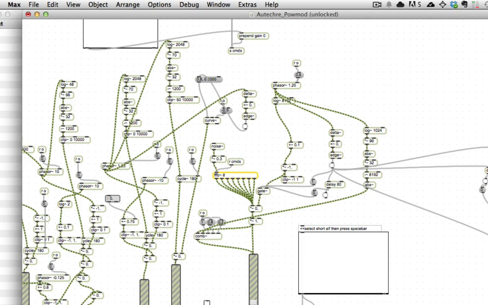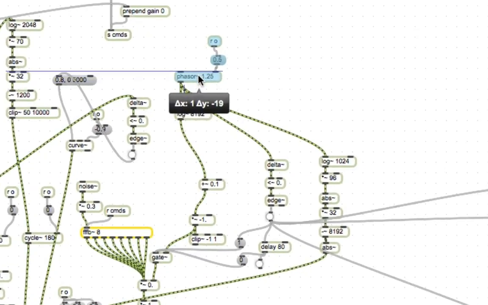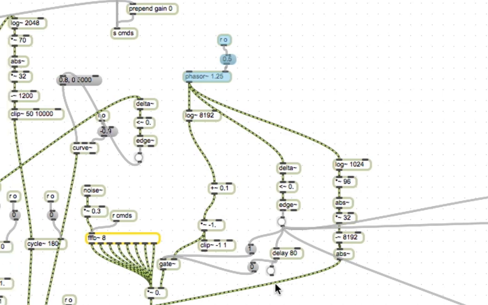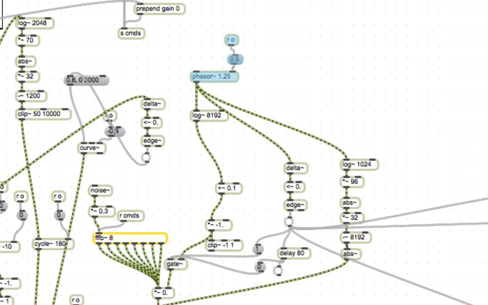Sometimes one phaser is being used to time multiple objects, like right here. That's totally fine, except where it makes things more confusing because it's impossible to see that the phaser is actually controlling multiple separate branches of audio computation,